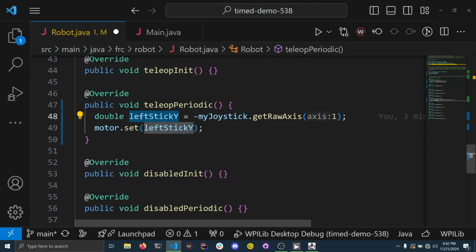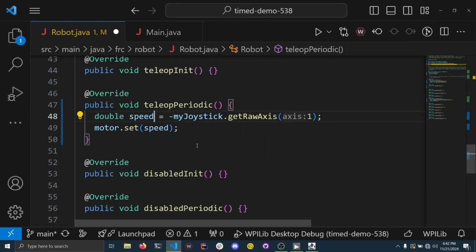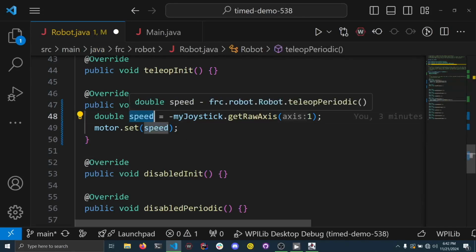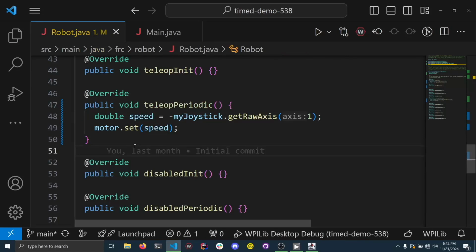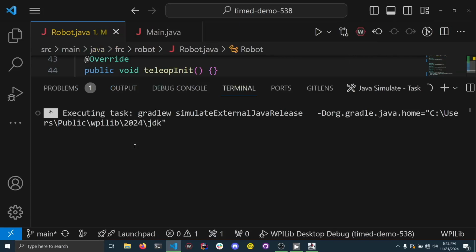How can I change the variable name? F2. F2, speed. And so now I'm using variables that mean something, right? I don't care where this value came from. I care what it's telling me. And it's telling me the speed. So now if I simulate this,